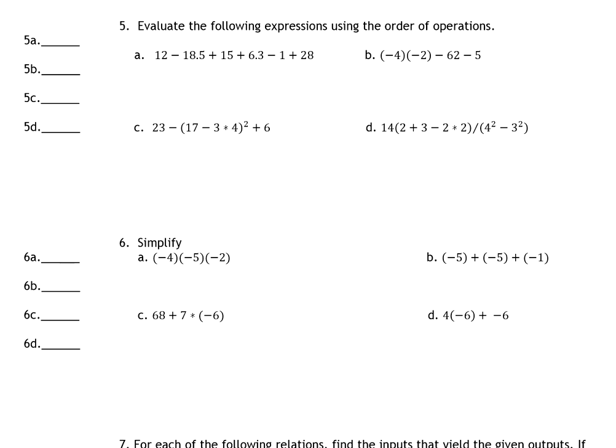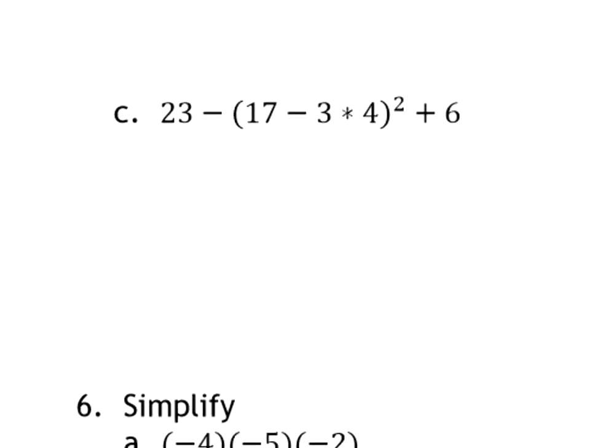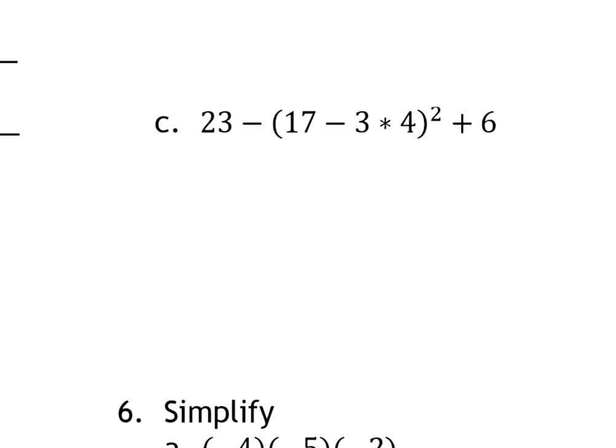So moving on to page 2, number 5A, the answer is 41.8. B was negative 59. Most people seem to get those right. C, I think, was 4. And I just want to say, when you look at C, right,